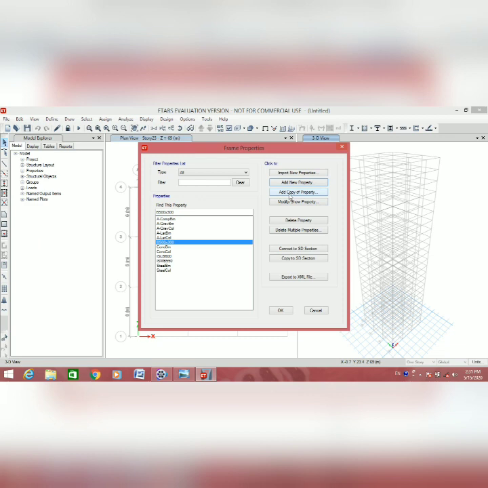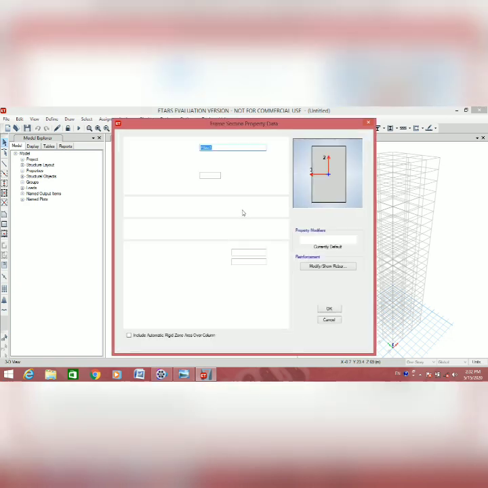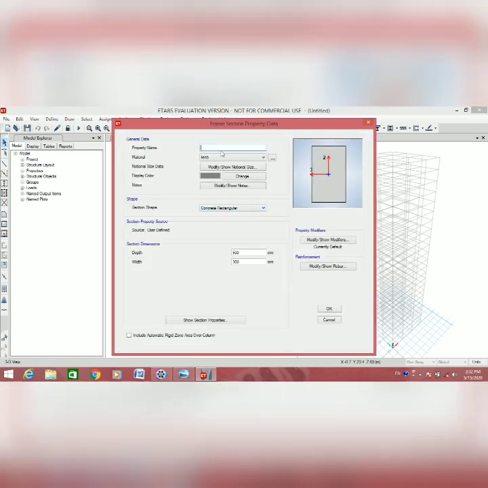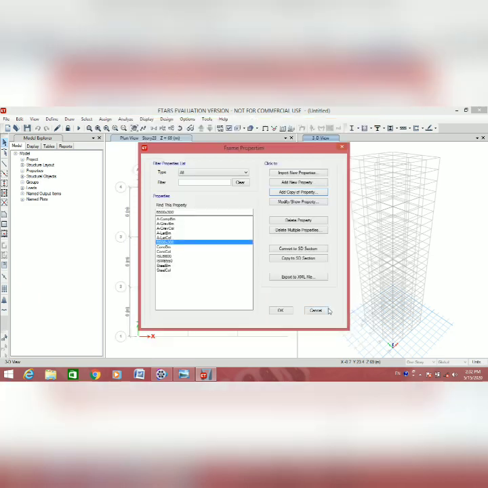We have three sections of beam, so we select add copy of property and give the name second beam 550 cross 350, and select material M40. Automatically give the dimensions 550 depth and 350 width, and click OK.